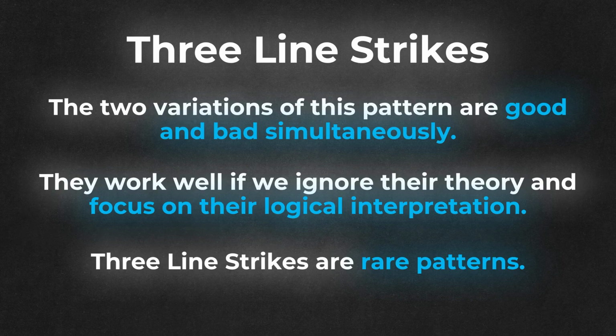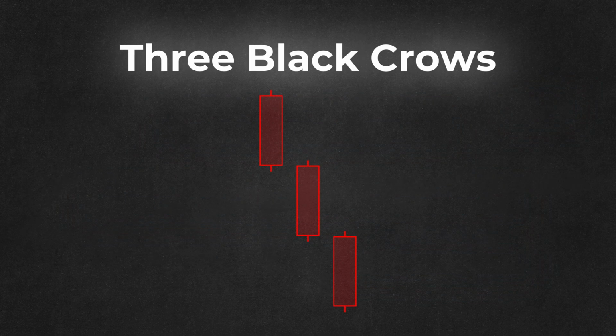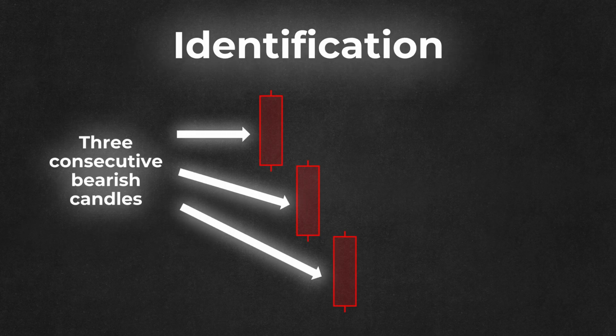That happens because the practice diverges from the theory of what these patterns should do. The third place in terms of overall performance in bull and bear markets goes to the 3 black rows pattern. This pattern is composed of 3 bearish candles with medium to large bodies. Ideally, the second and third candles should open within the body of the previous candle, but in my view, that's